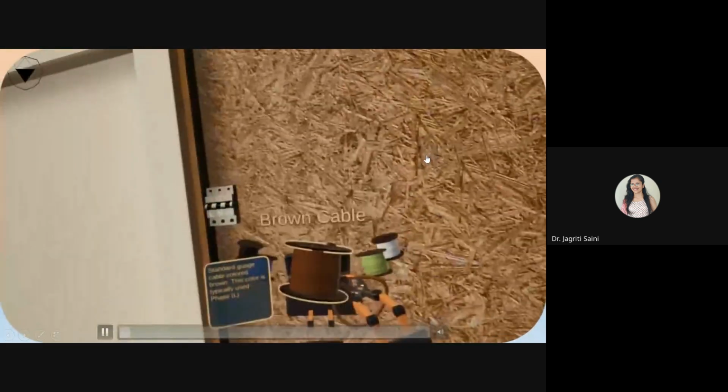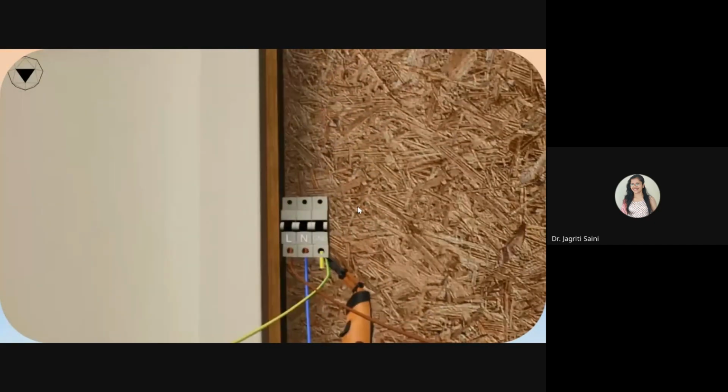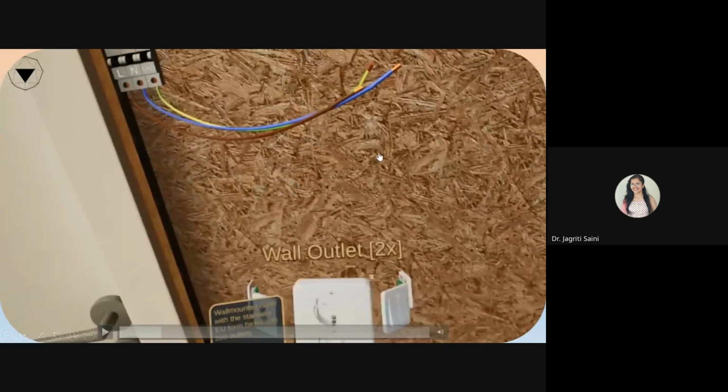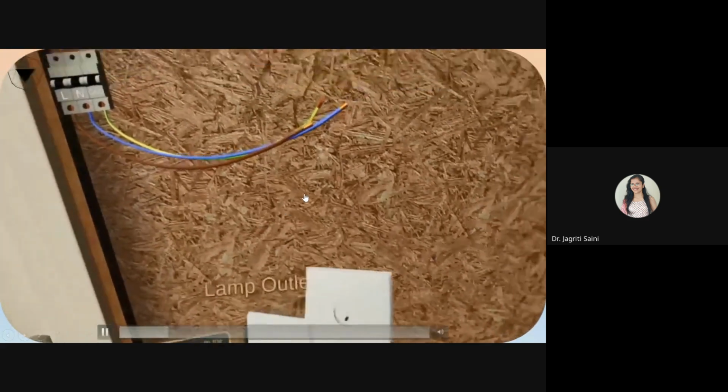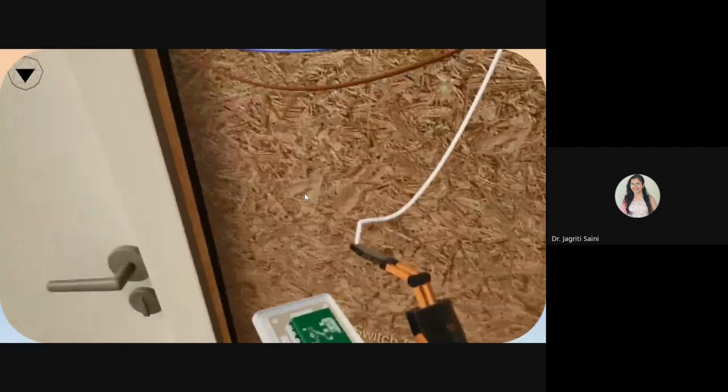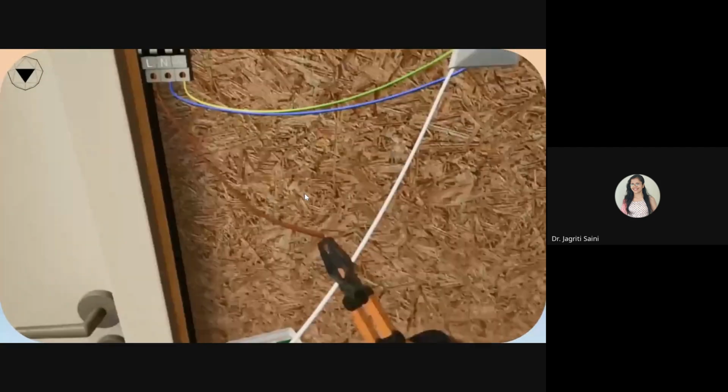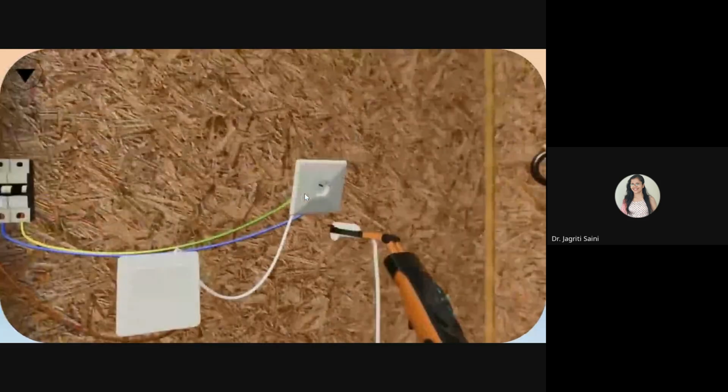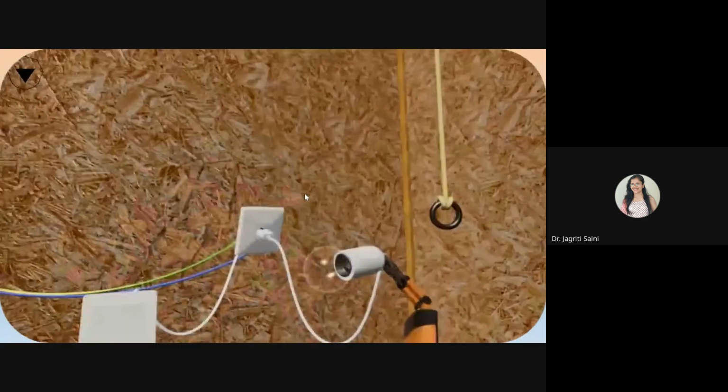And one more I can add here from the electrical domain. If someone is from this area, they can experience it. We can usually say that when we have students in this domain, no one will allow them to directly do wiring at a home premises or in an office premises. But in order to learn, at least they can start with the simulator so that they can understand the concept of wiring and then they can implement it in real-time scenarios. So just have an idea from here. See, they can test everything over here.